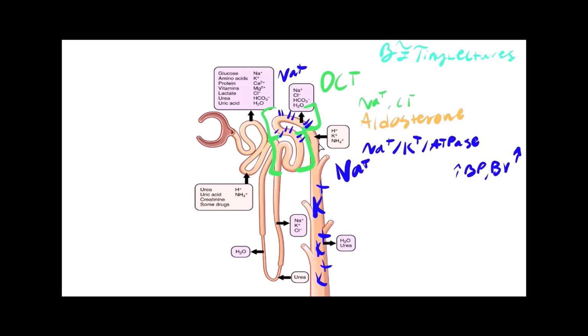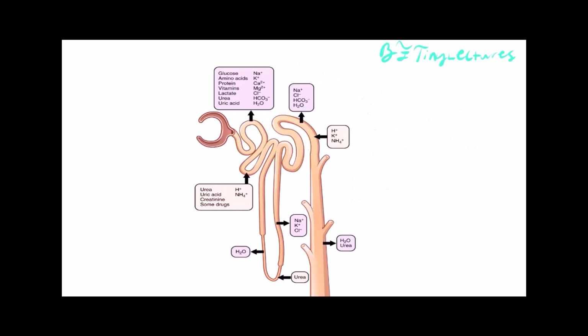When we leave the distal convoluted tubule, the sodium builds up in the interstitial space, but so does chloride. So always think of chloride as being the twin brother of sodium. Sodium chloride together, that makes salt. So when sodium leaves, chloride also leaves. But what if I want to use a medication to prevent sodium and chloride from leaving the distal convoluted tubule? What kind of medication would I prescribe? Well, I would prescribe something called